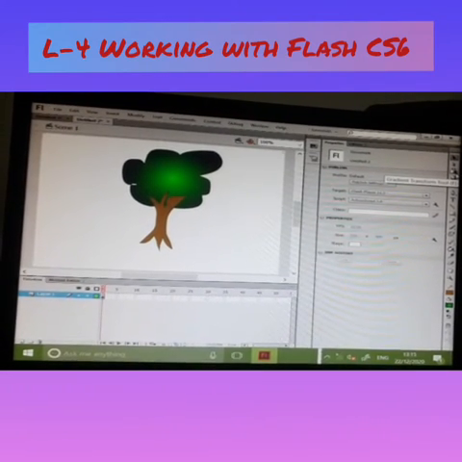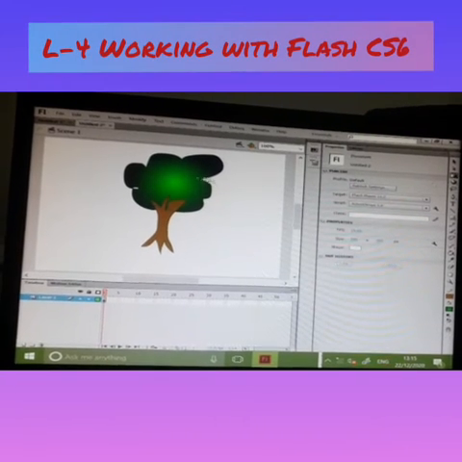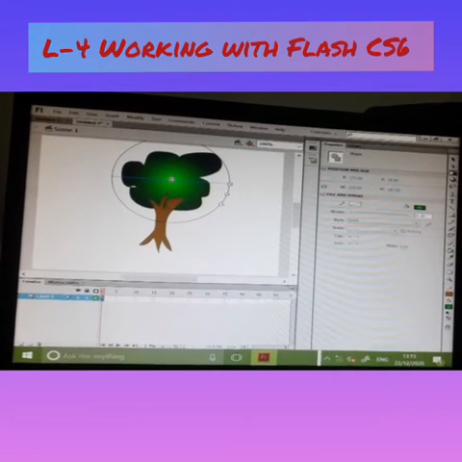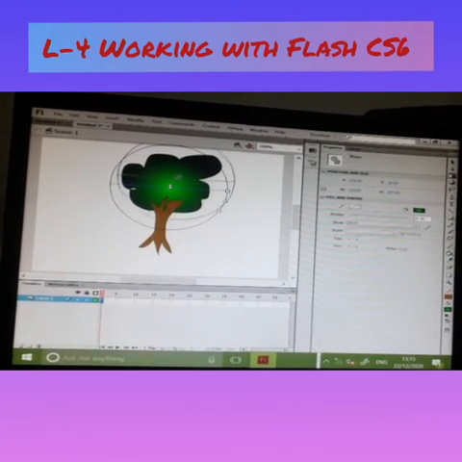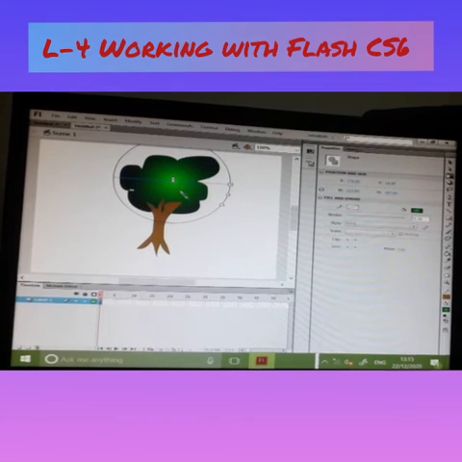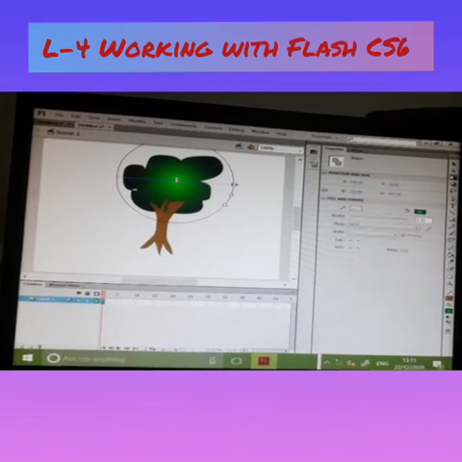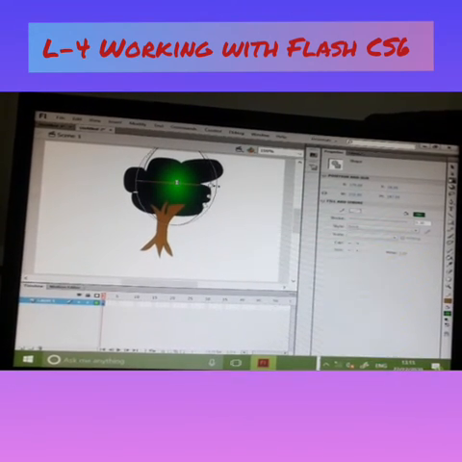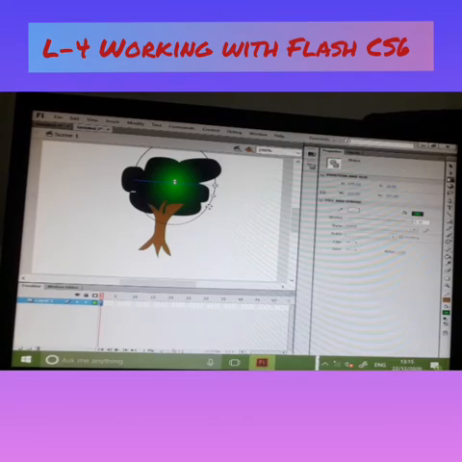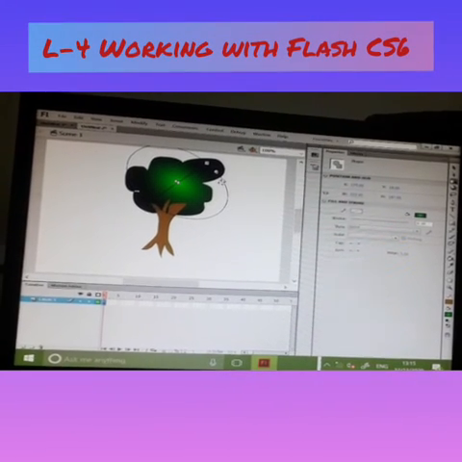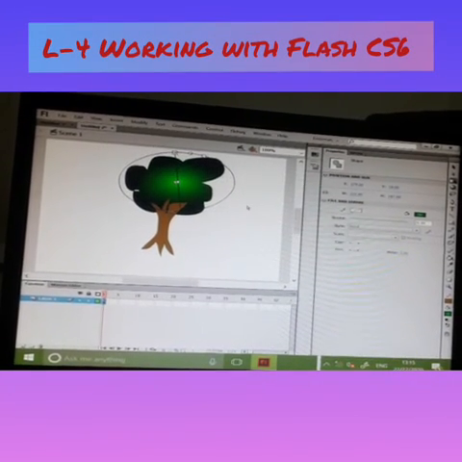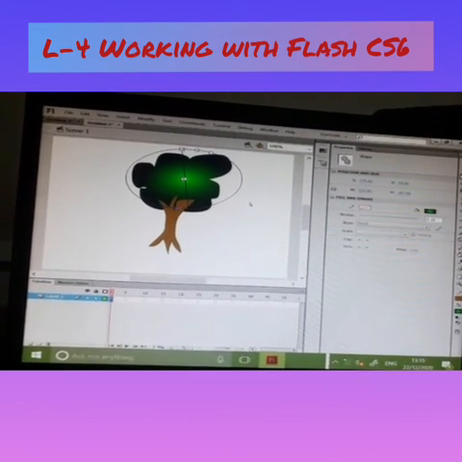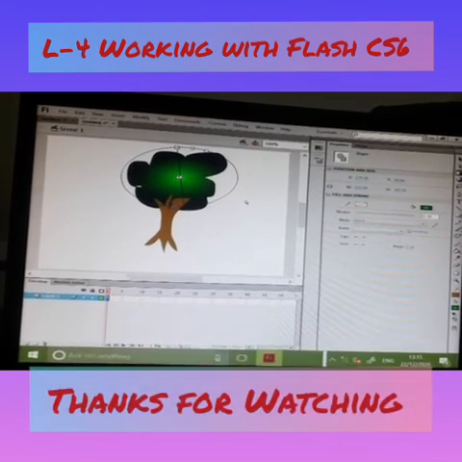Then again go on gradient transform tool. Select the object. Look here. This is the center point. From here you can change the center of the gradient. This is the width point. From here you can change the width of the gradient like that. And this is the rotation handle to rotate your gradient. Okay. Like this you can modify the linear and radial gradient effect in your object.